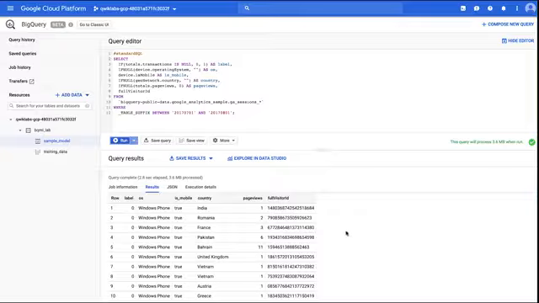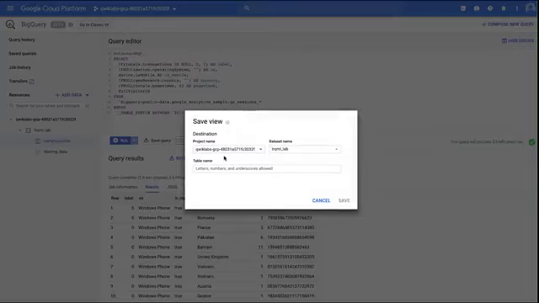What we'll do is use the machine learning model to make predictions for each of these users, and then we can compare the predictions to the actuals. But before that, I want to go ahead and save this view. I'll label it July_data.